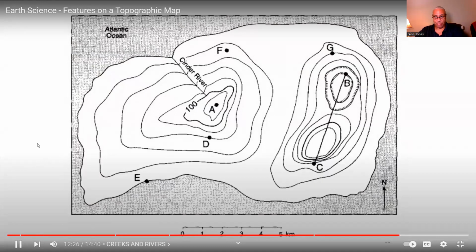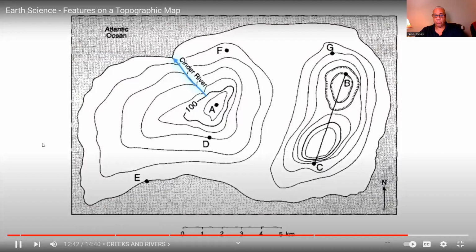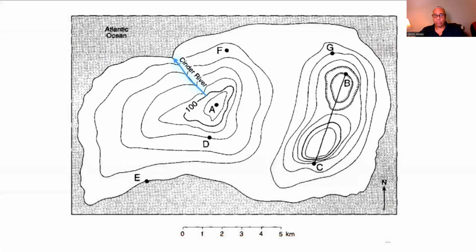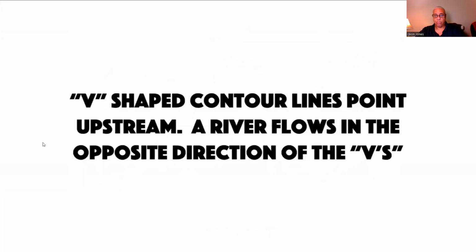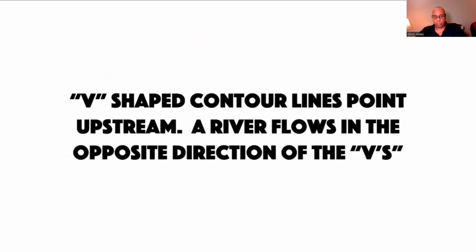And this is a good example here on this map. The Cinder River is actually flowing northwest, to be totally accurate, which is not against gravity. It's just the direction that the river's flowing to get back to the Atlantic Ocean. So don't make that same connection that rivers have to flow south. That's totally not true. To always figure out the direction a river is flowing, look for V-shaped contour